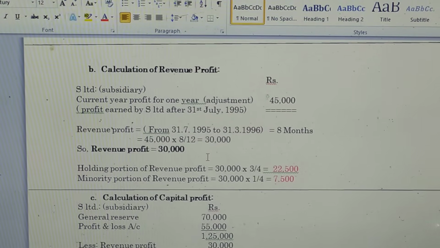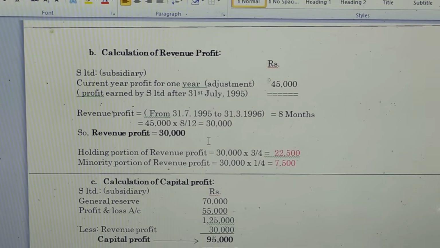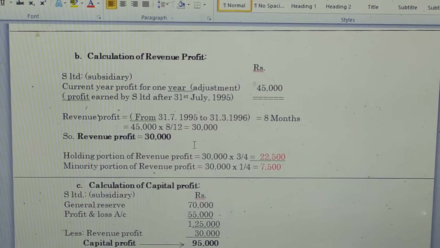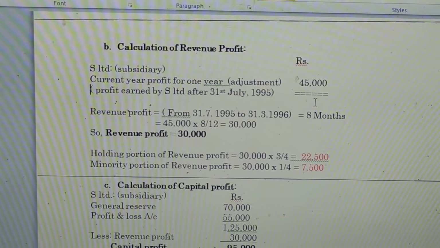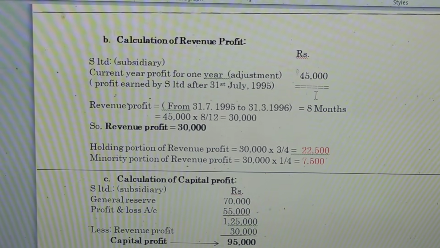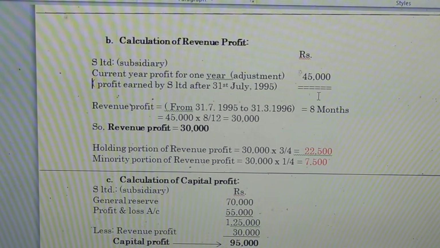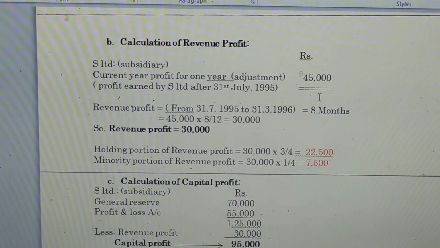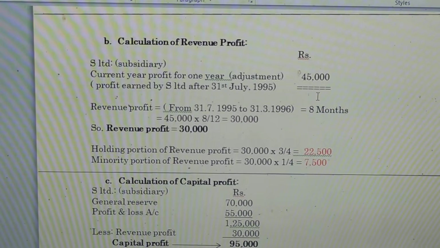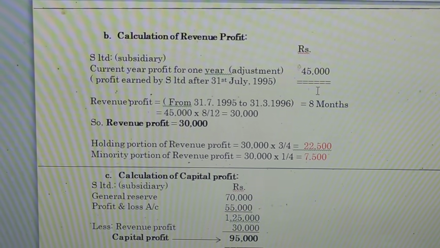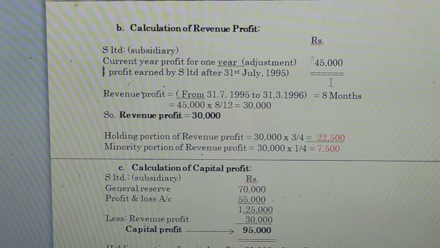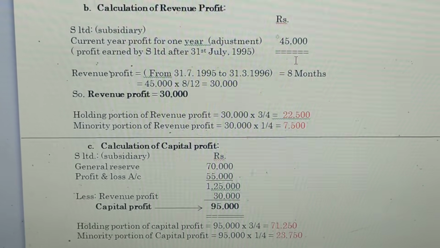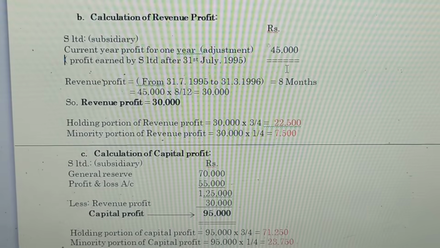First, we have to mention S Limited, subsidiary. Under S Limited, we have to mention current year profit for 1 year, from the adjustment in the question. Profit earned by S Limited after 31st July 1995 means revenue profit. So after acquisition, any profit of the selling company, S Limited, after selling its shares to the purchasing company, is called revenue profit. The acquisition date is 31st July 1995. So after this date